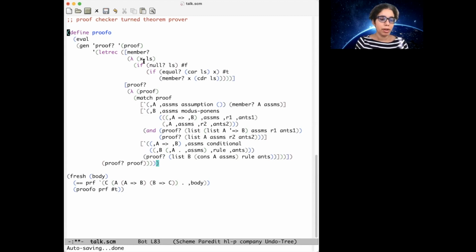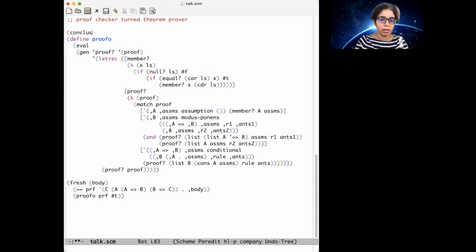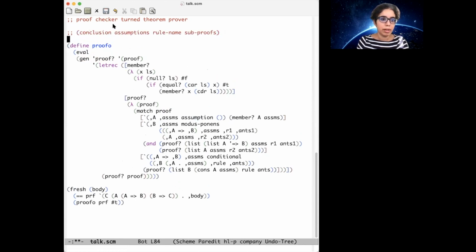interpretation. And so how to read this? Well, first here we have some pattern matching against a proof. And a proof is represented by a list: conclusion, assumptions, rule name, subproofs. And the conclusion is a term. The assumptions are a list of terms. The rule name is for bookkeeping, one of the three rules: assumption, modus ponens, or conditional. And the subproofs is a list of zero or more proofs that are needed to go from the assumptions to the